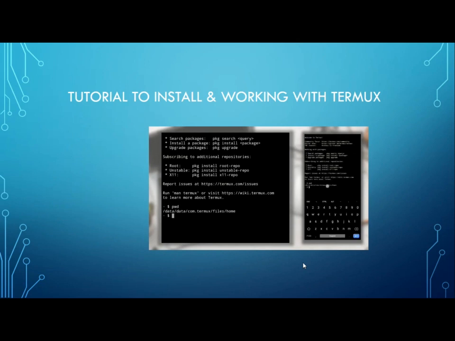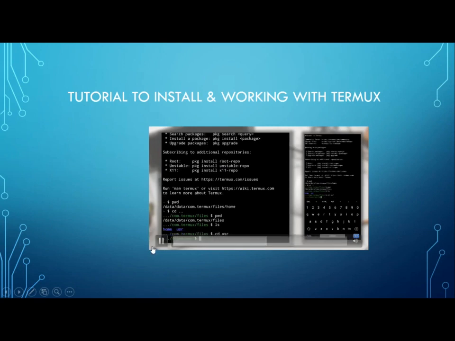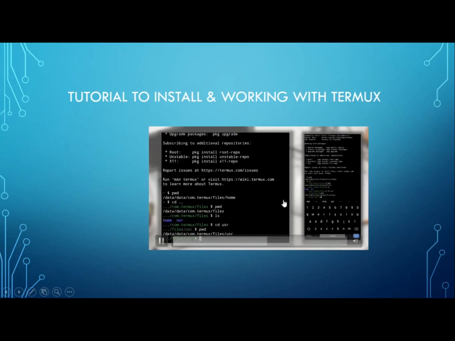PWD shows the present working directory. Just like Linux commands, it uses cd, pwd, ls.